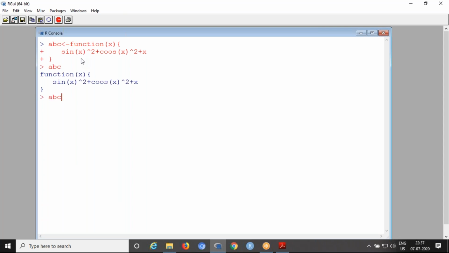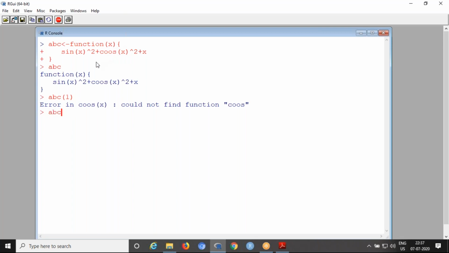Now we can call the function by passing the argument. Here we have only one argument, that is x. Suppose here first I am using x as 1. Now I will call the function with ABC of 1. So here you can observe, you are getting one error. See, in our program we typed wrongly. The cos spelling is wrong. So here a double o is added. So you can change this one.